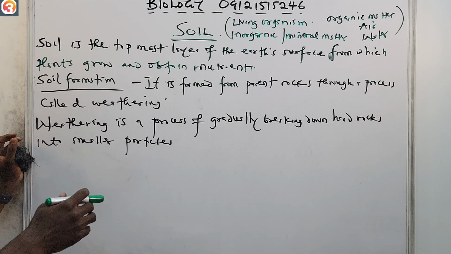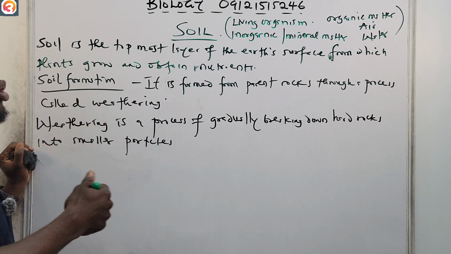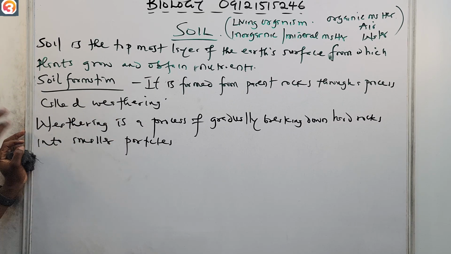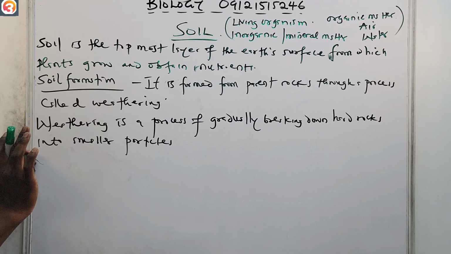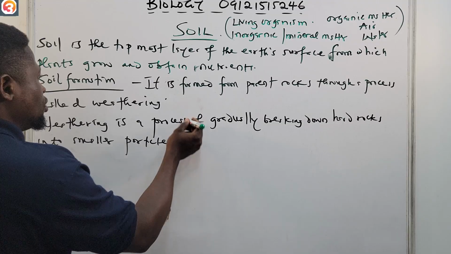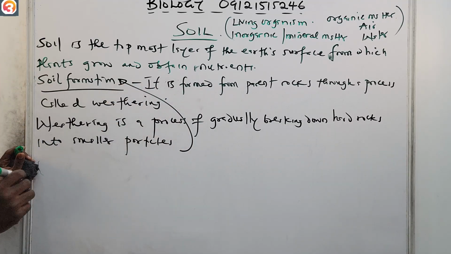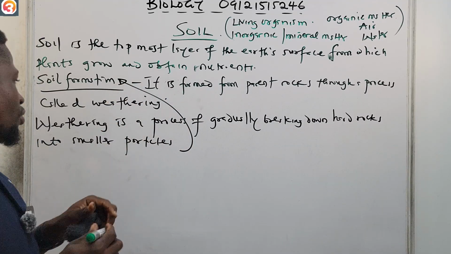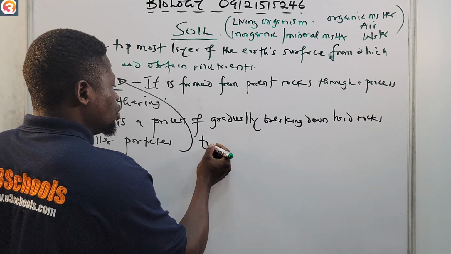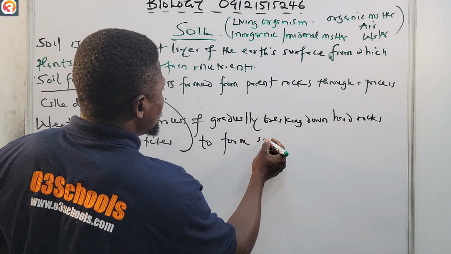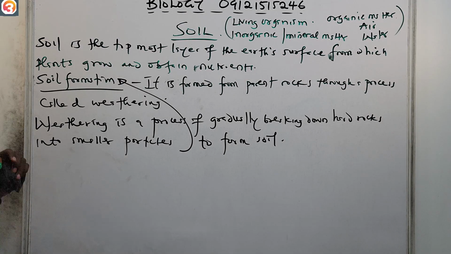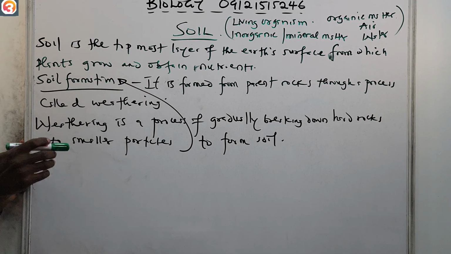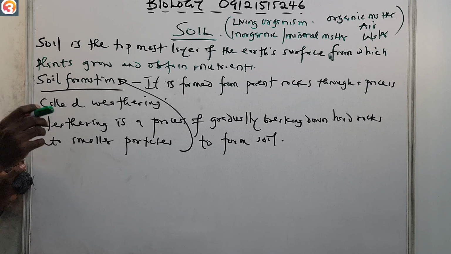So weathering is a process of breaking down hard rocks into smaller particles. And when these hard rocks are broken down, what it forms is soil. So weathering is a process of gradually breaking down hard rocks into smaller particles to form soil. Now, the rate of soil formation